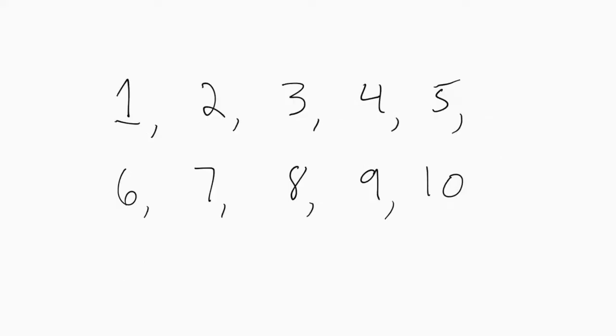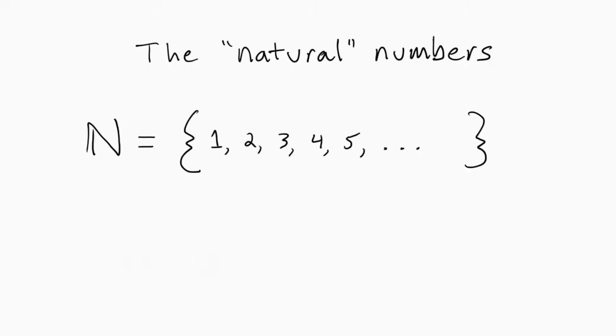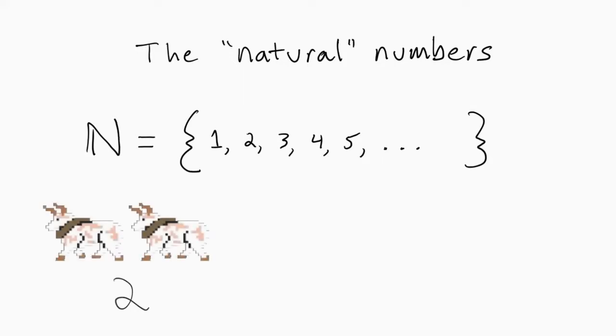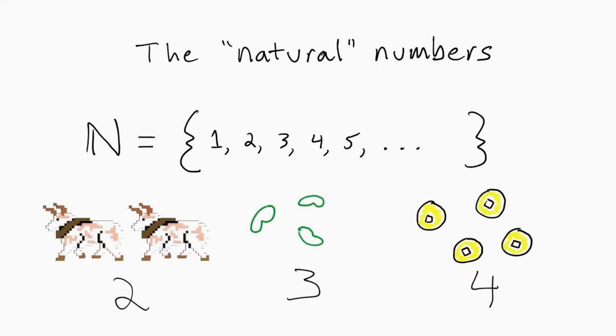Probably one of the earliest number systems to be used in human prehistory was something like the numbers 1 through 10. But as you can imagine, this won't get us very far. For example, what if I wanted to add 5 and 6 together? And since I can always add one more number, it would behoove us to just continue this number sequence on infinitely. So let's add those in. I'm going to call the resulting number system the natural numbers. That's the numbers from 1 and up. These numbers are very intuitive. They correspond to literal discrete quantities, right? I can have 2 oxen, or 3 beans, or 4, well, those are supposed to be gold coins, but they look more like Cheerios, so 4 Cheerios.